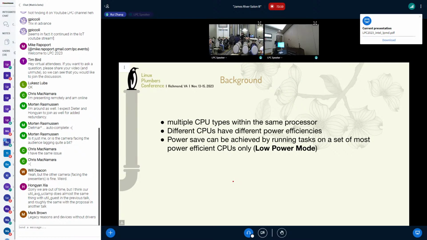This is what we call low power mode in this talk. On Intel hybrid platforms like Alder Lake and Raptor Lake, these CPUs can be E core CPUs. And on Intel's latest hybrid platform named Meteor Lake, we can even get non-linear power saving because of its hardware design.